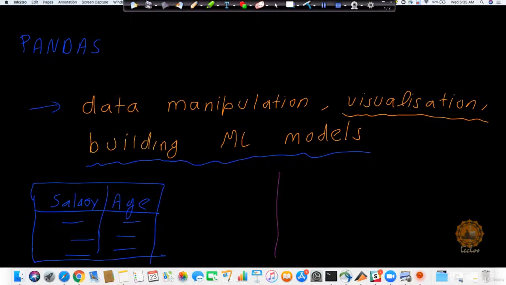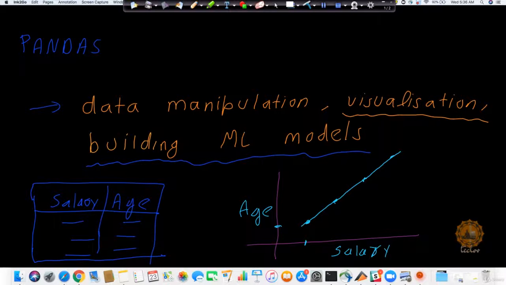But if I plot a graph for you, let's say this is salary and this is age, and the salary is some term which is matching here, similarly here, and here. Now you can see that there is some relation between age and salary, right? We will be discussing these kinds of examples in detail once we move to our visualization topic. These kinds of things are possible with the help of the pandas data frame. So you are able to now make some sort of relationship.